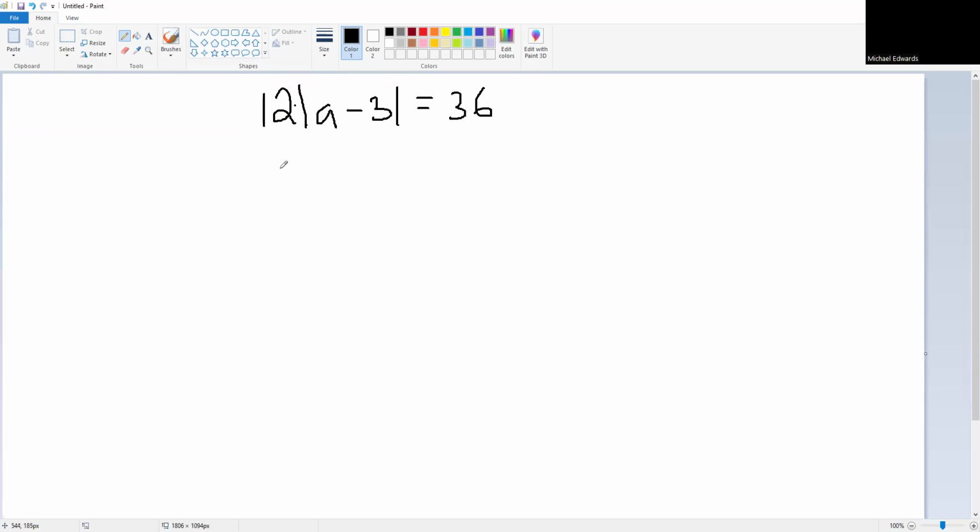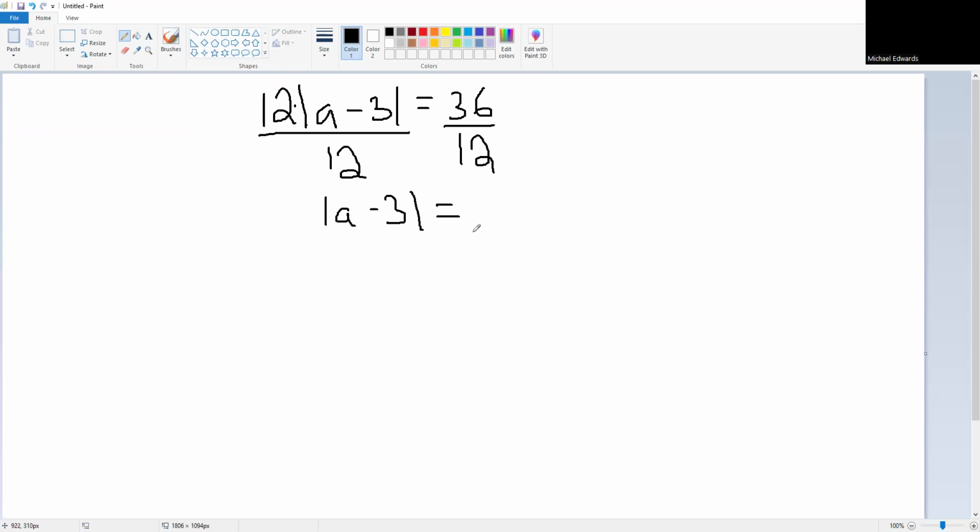But we don't distribute it inside. We cannot distribute this inside here. So I guess it's kind of like parentheses, but it's not. Okay. Having said that, this is multiplication. The opposite of multiplication is division. And that's what we're going to do. So we're left with absolute value of a minus 3